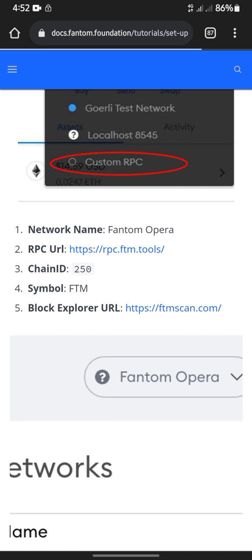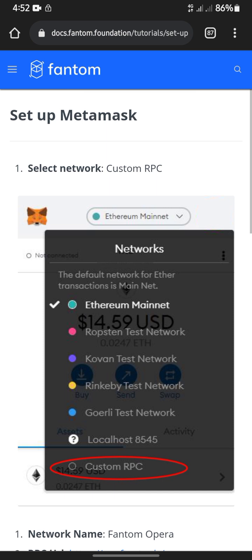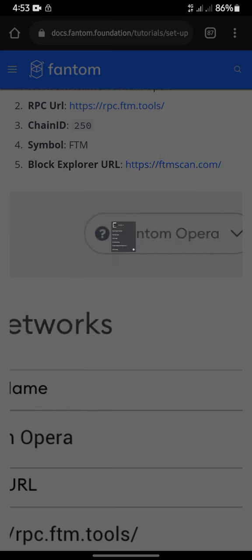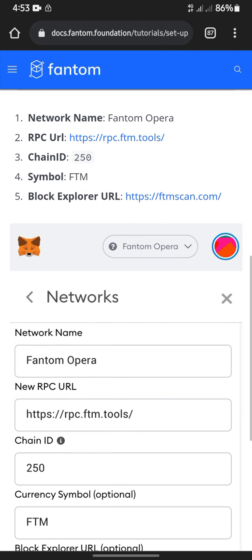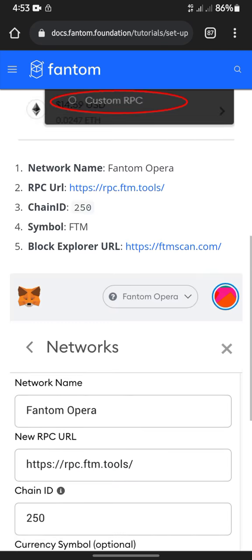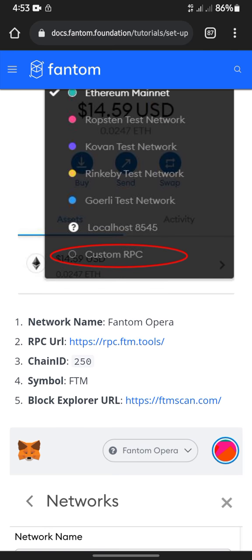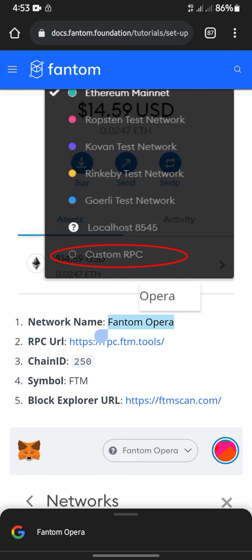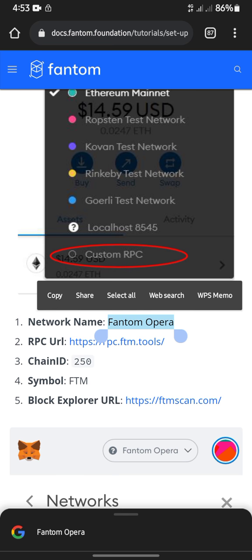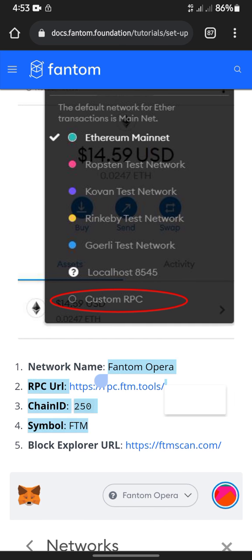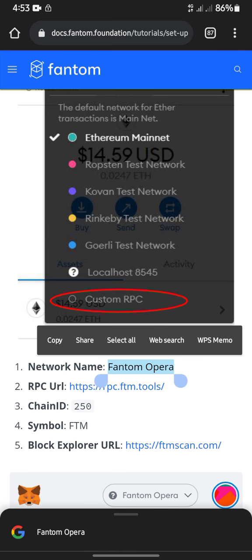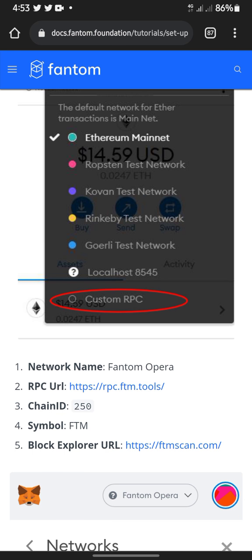So you see network, RPC, chain, and symbol. So you just copy this. So this is how you set it. So you copy the Phantom Opera, or you can copy everything if you wish. But let's copy this first. Phantom Opera. You click on copy and